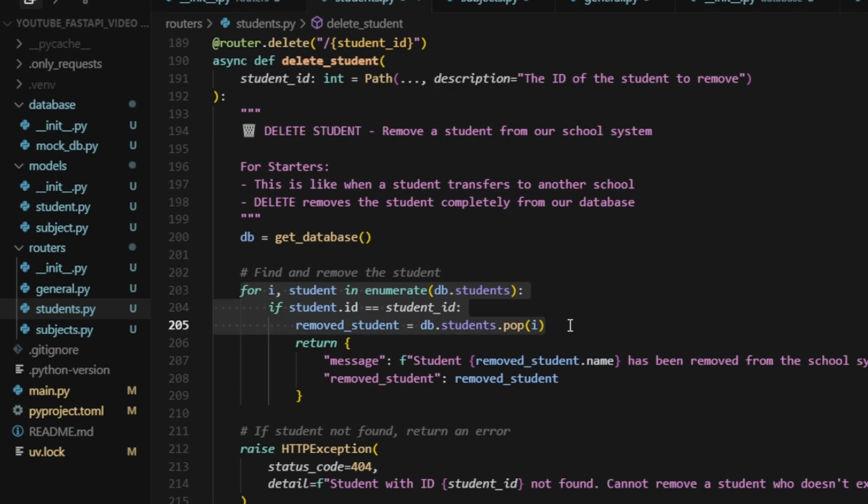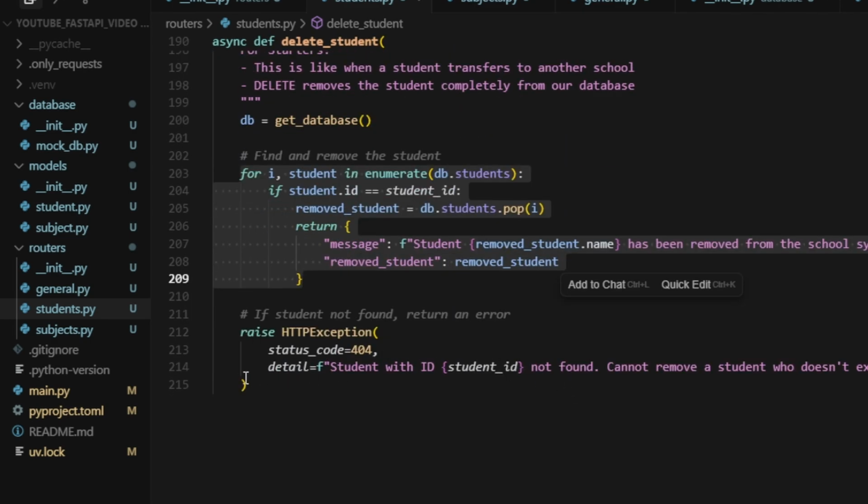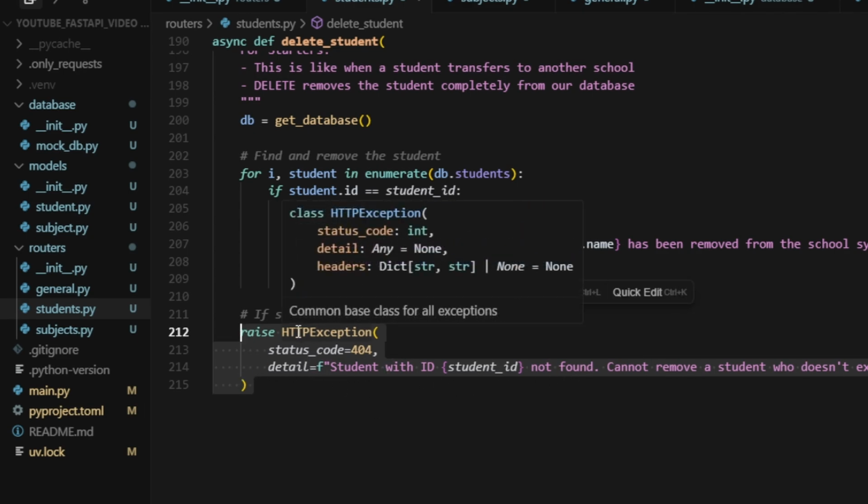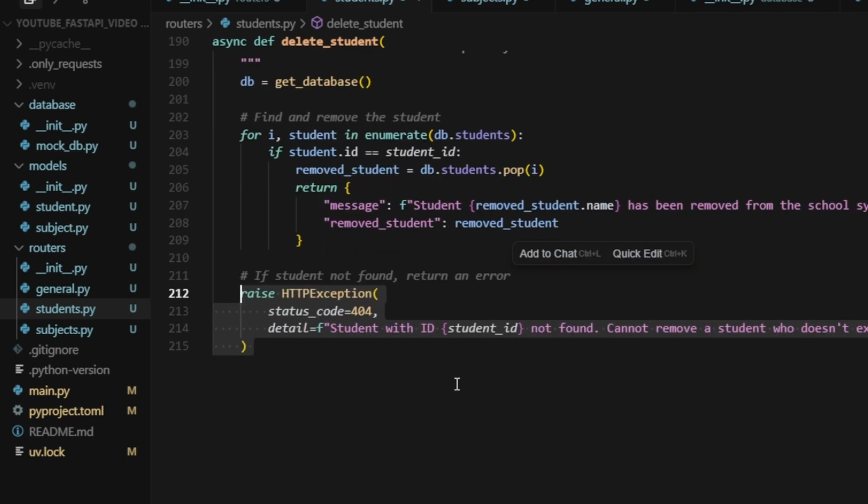If we find it, then pop it off of the list that is inside of the database class and return the information that has been deleted. If we don't find a value for a particular student ID, then that should be taken into consideration and shown in a 404. Say, hey, we didn't find this